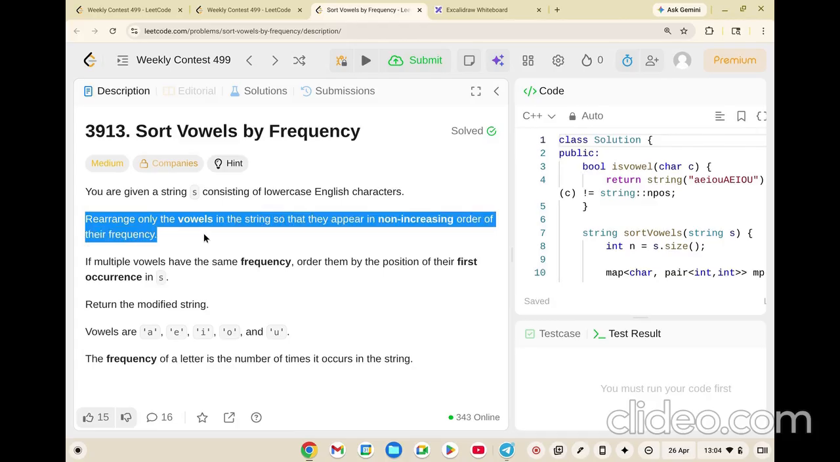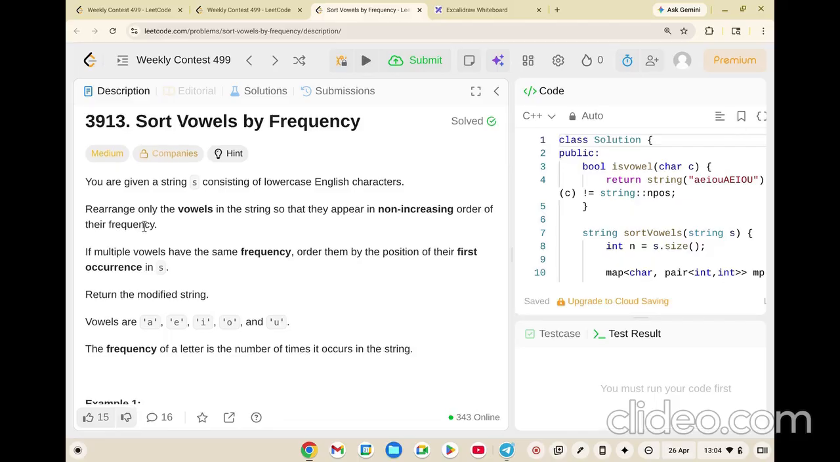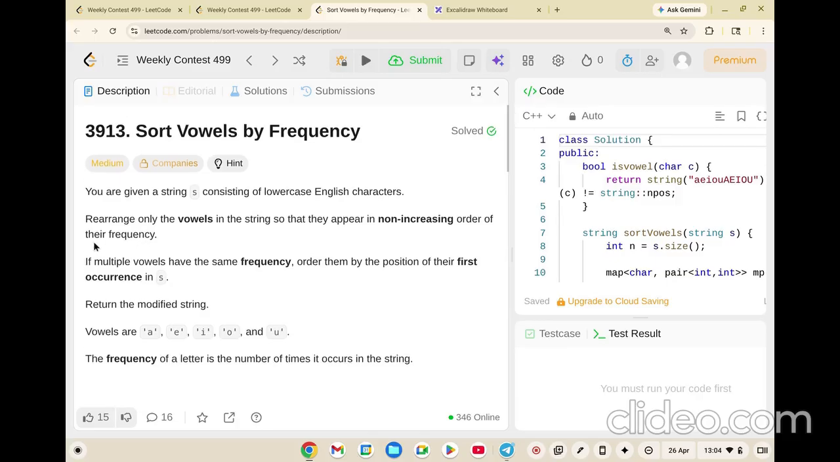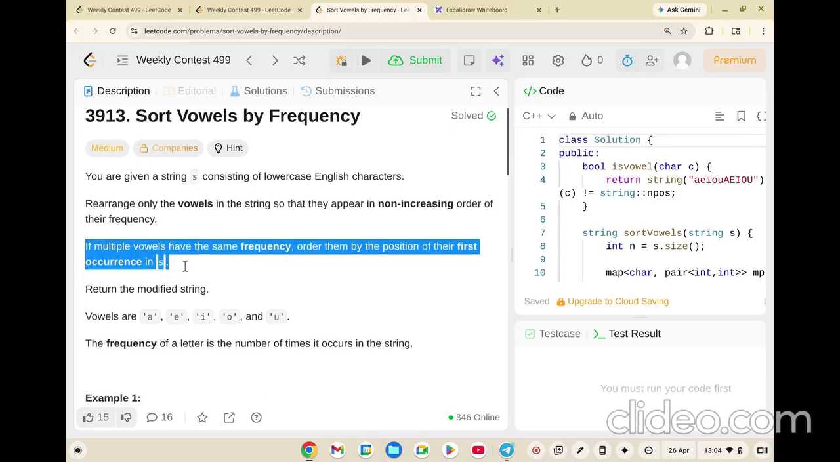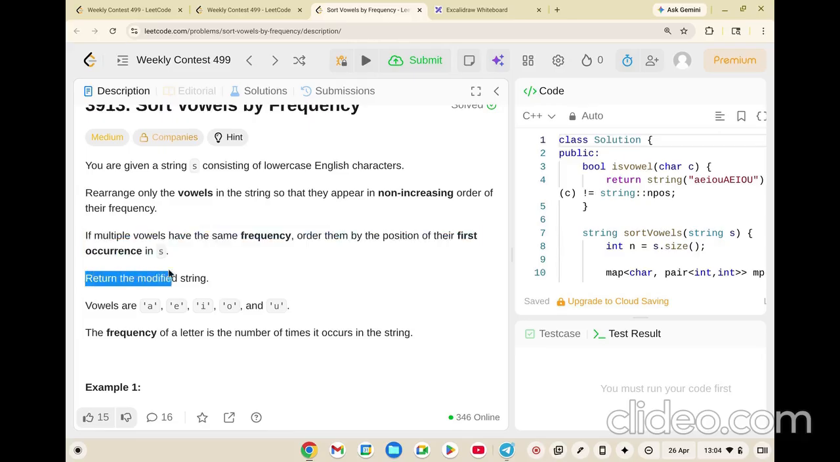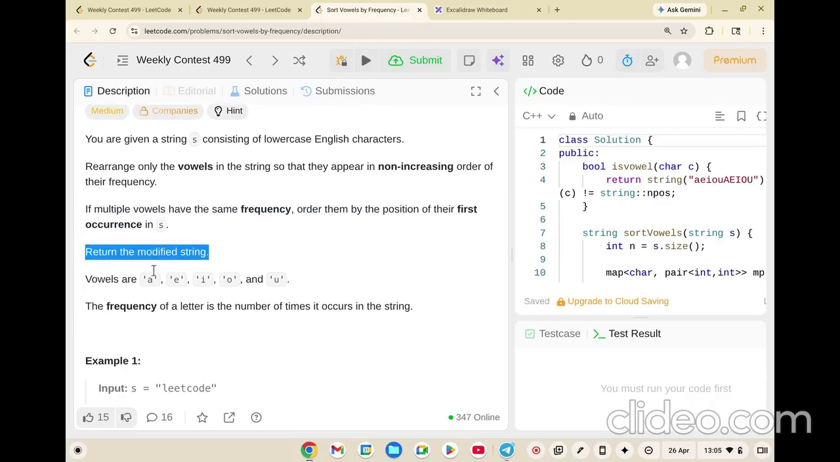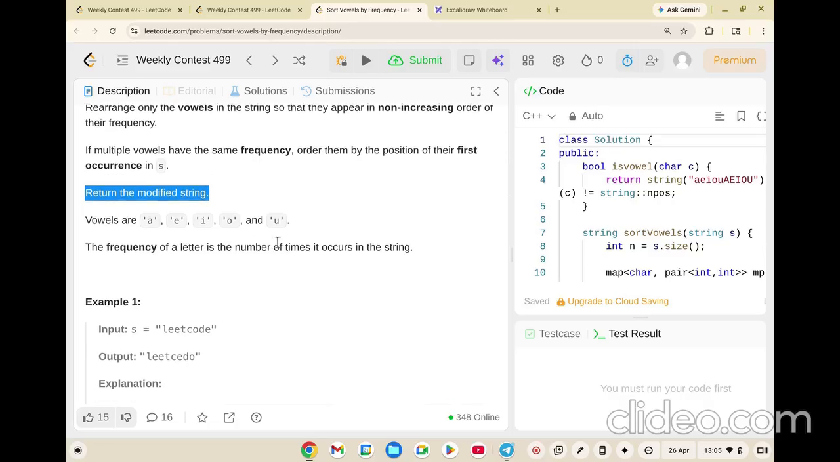Non-increasing order means the vowels should be decreasing, meaning the highest frequency comes first, then comes the lower frequency, then lower to that, and so on and so forth. If multiple vowels have the same frequency, order them by the position of their first occurrence in S, right? Return the modified string which you will have. Vowels are A, E, I, O, U, and the frequency of a letter is the number of times it occurs